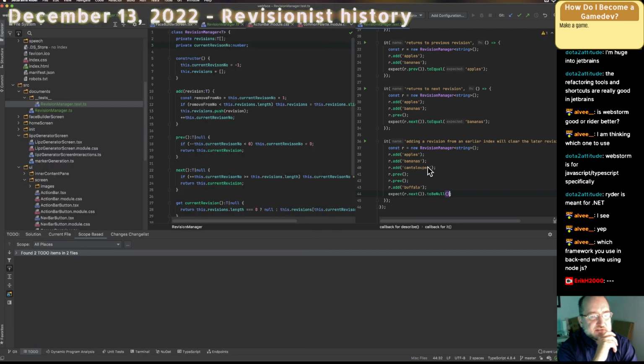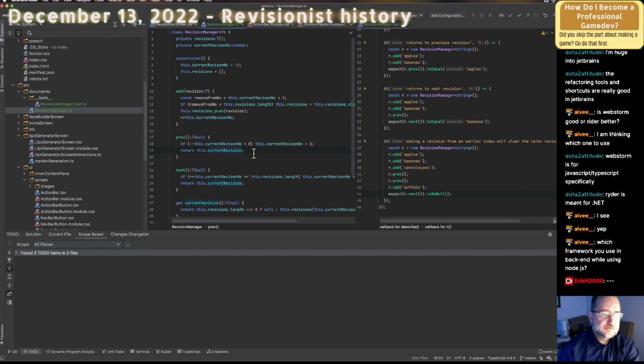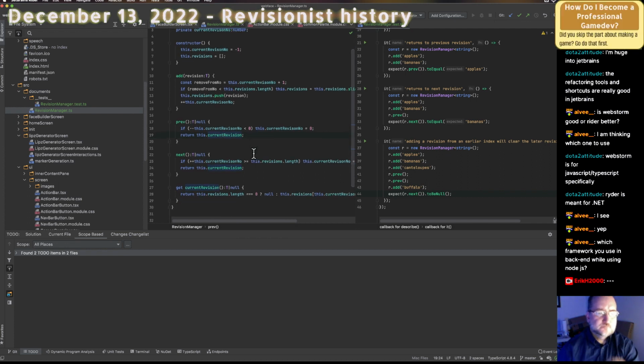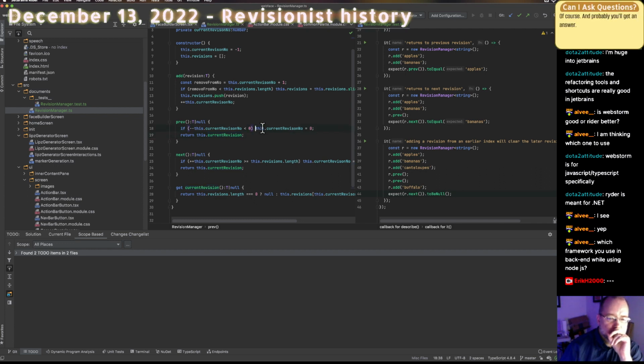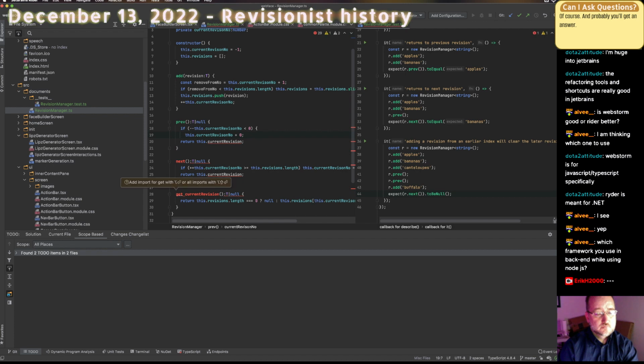So maybe it's better behavior for it to return null. Yeah, just say if less than equals 0, return null. Otherwise,